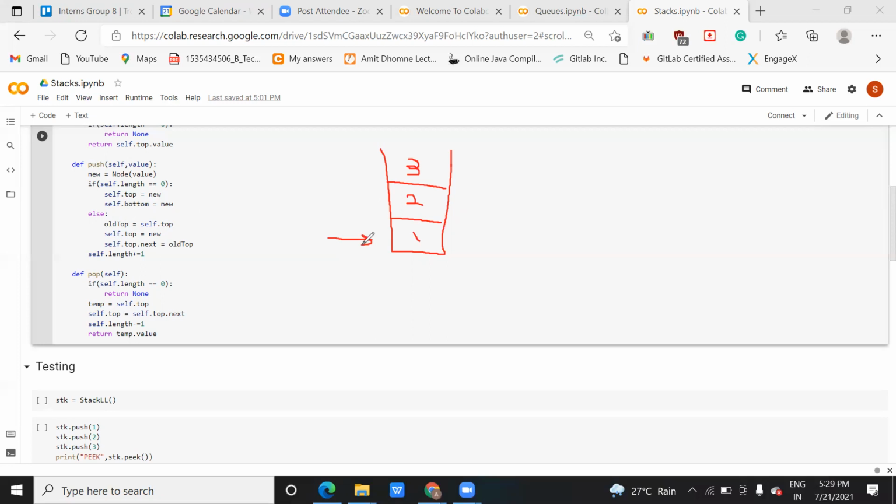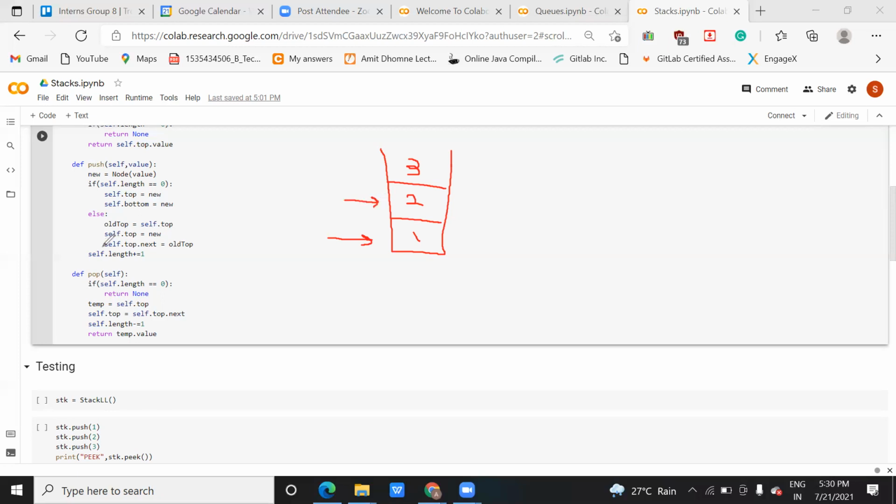Now, if you insert any element, this self.top, which is currently the top value, will be assigned to old_top, and self.top, meaning the new object value, will be assigned to the top now. So this pointer will point to this one. Till then I think it is clear.